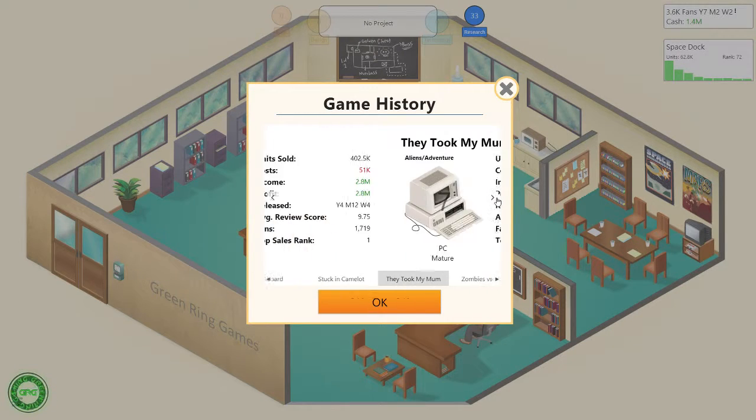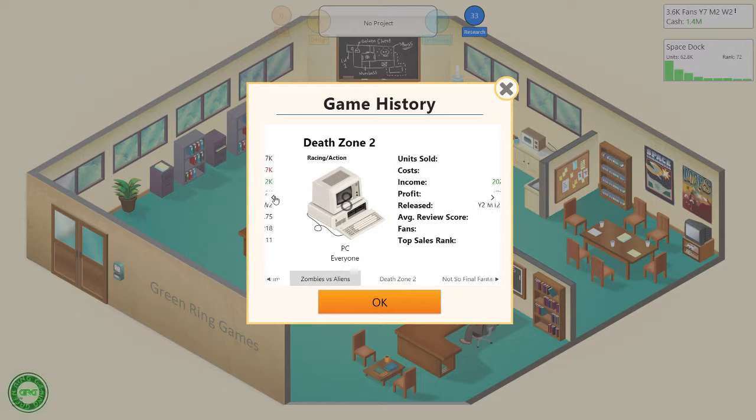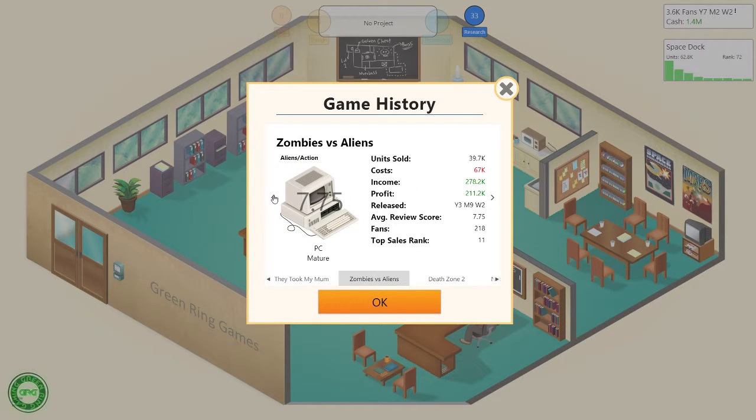At the end of the first video we had Zombies vs Aliens, which had a 7.75 review. Then we created They Took My Mum, which sold 21,000 units. Then we sold Stuck in Camelot, our record game, with an income of 2.8 million and 402,000 units sold. We did really well. It ranked #1 best game in top sales rank. All Aboard only sold 45k units, and the last one is at 62.8k